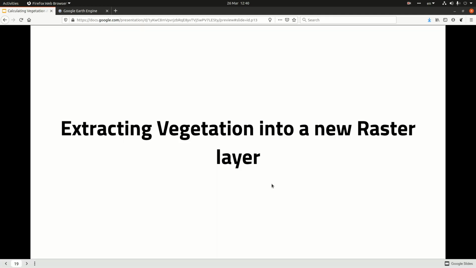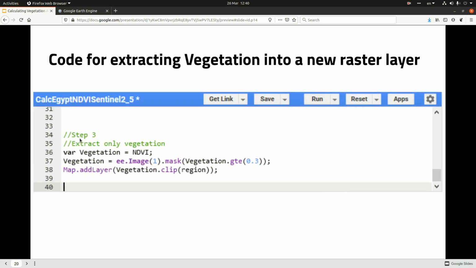Item 4 in the lecture, which is step 3 of the code, extracting vegetation into a new raster layer. This is the code, step 3. So we want to only extract vegetation. So we create a new variable called vegetation and we assign the image that we have just created, the NDVI image or raster layer, into the vegetation. We implement a mask function to get the vegetation that has a value that is greater than, GTE is greater than or equal